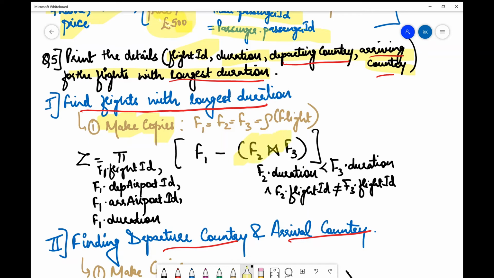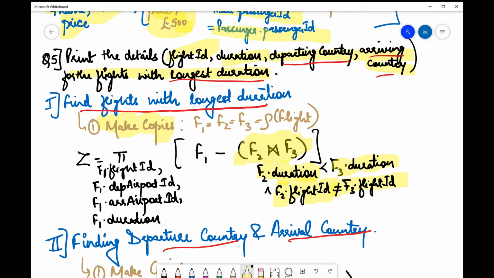First of all, I make this join F2 with F3, where the join condition is now F2 duration is less than F3 duration. Okay, and F2 dot flight is not equal to F3 dot flight.